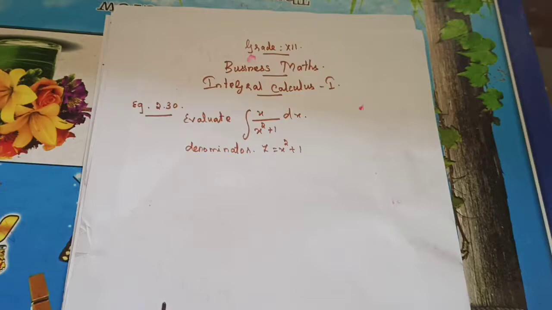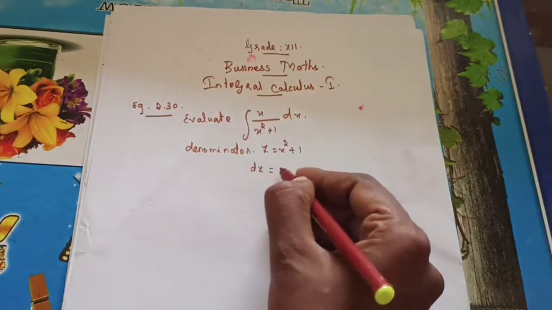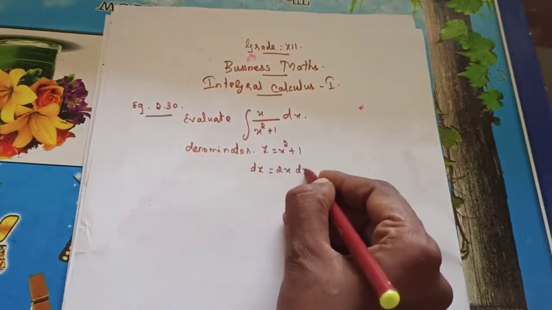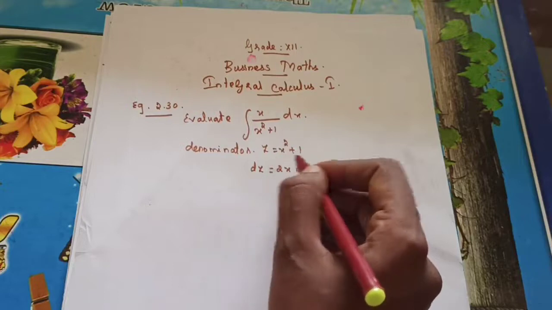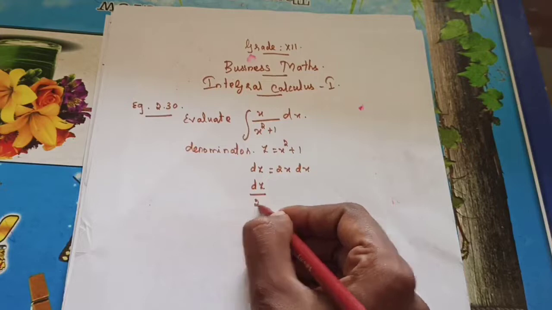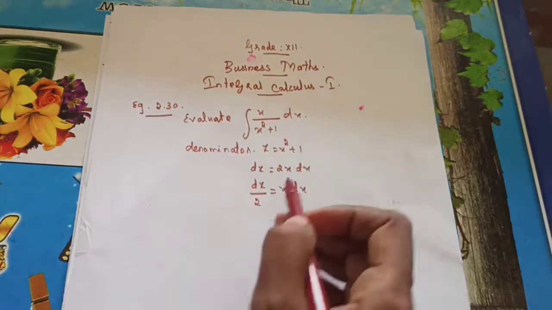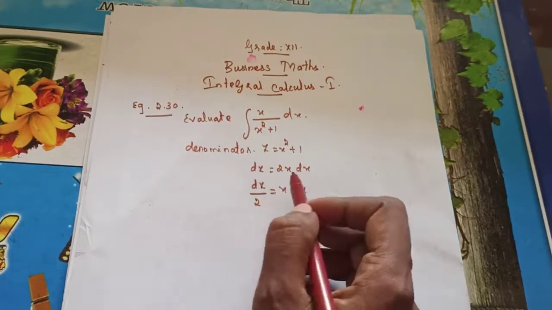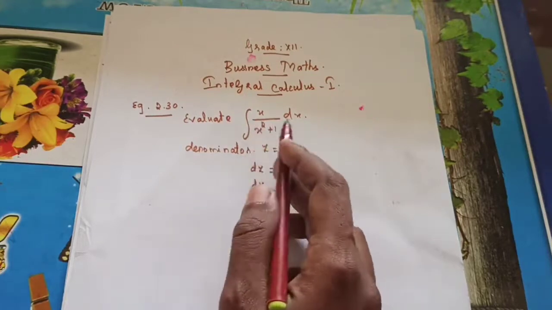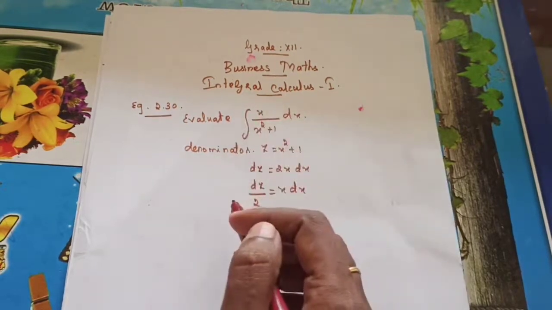Here we are going to convert the denominator value x square plus 1 as z. So z is equal to x square plus 1. From here, if I find dz, what's the differentiation? 2x dx. Is it right? This is a constant. So 2x dx. Then from there, dz by 2 gives you the x dx value. You will have a doubt: why ma'am are you taking this as dz, then taking dz by 2? The numerator x dx is there, so we need to change everything in the form of z.